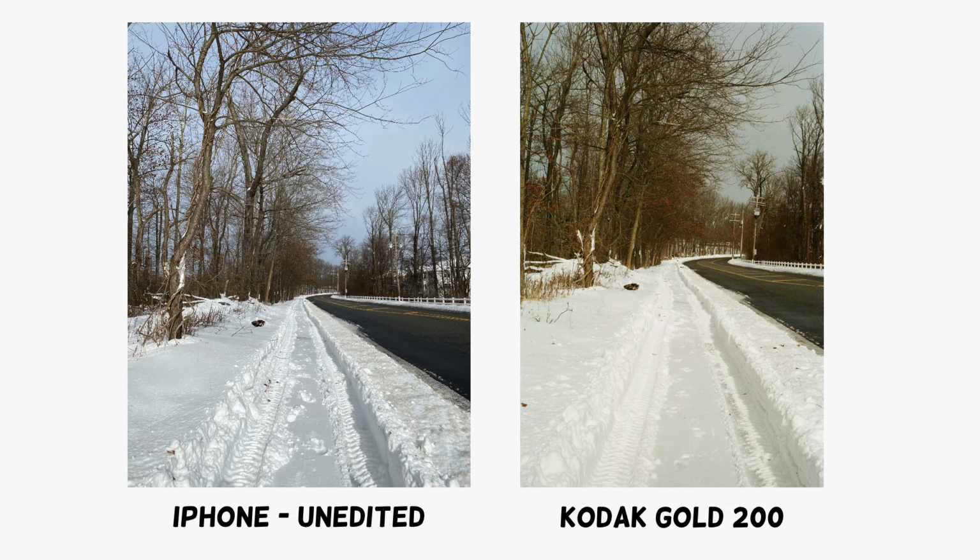Even the street, and I'll insert a picture of what I took with my iPhone versus what was picked up by the film stock. Even the road was more dark and definitely pretty black in real life because the ground was super wet from the snow. But in the film stock, it gets washed out quite a bit. So because all of the images were like that, I just wasn't a fan of it. I thought I would never shoot Kodak Gold again,